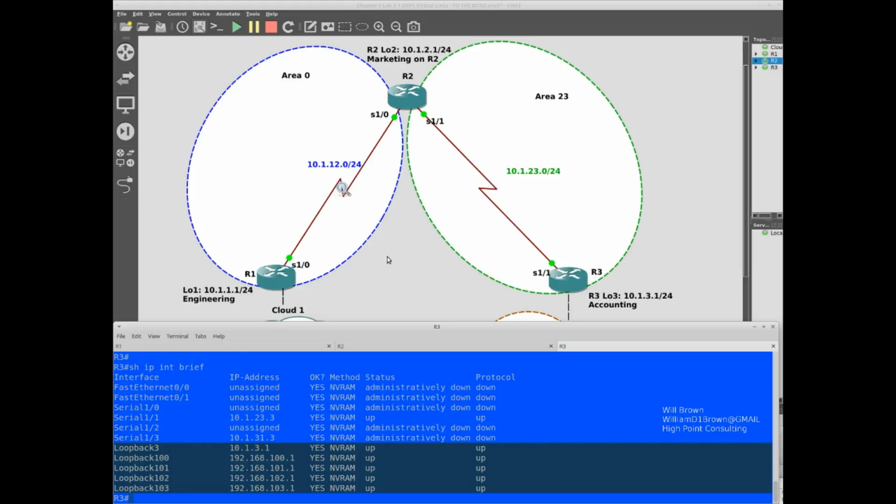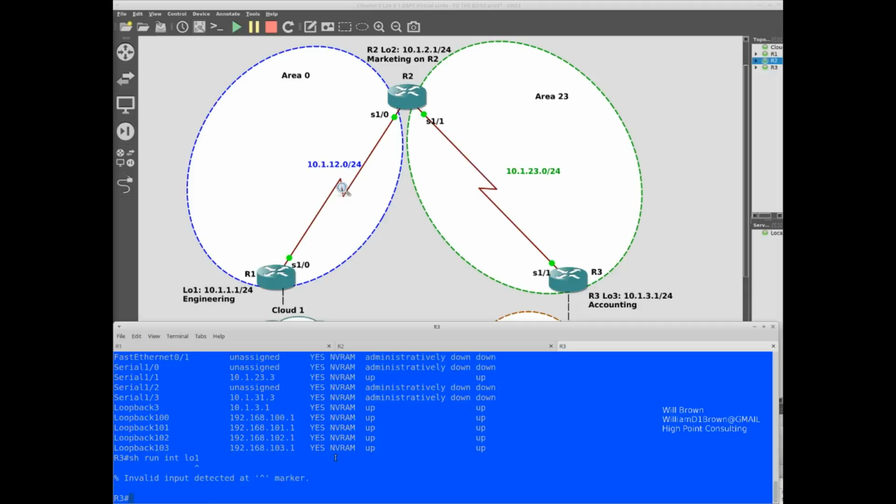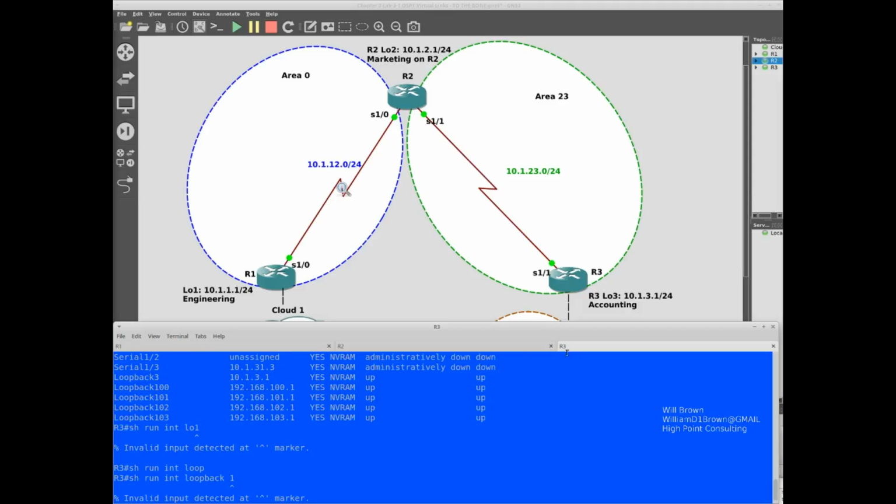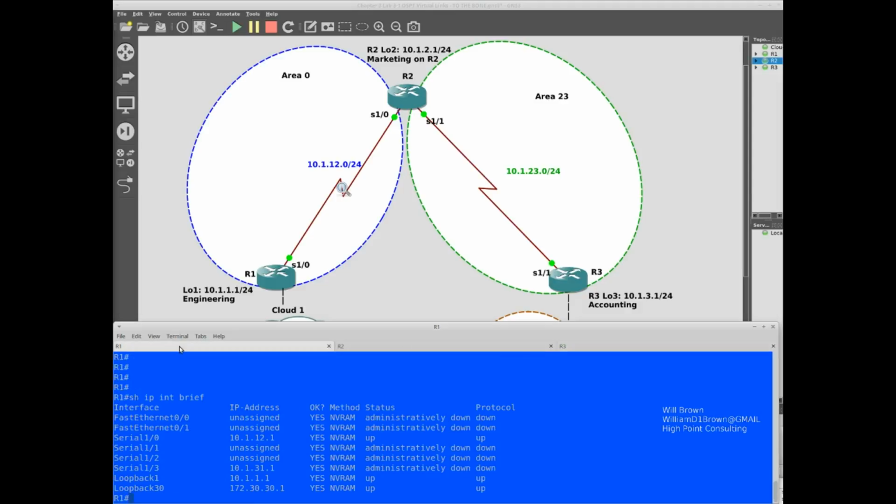And I think with that, it is pretty straightforward. I've already, let me do show run interface loopback 1. Okay, show run. Oh, wrong router. Let me move over to router 1.